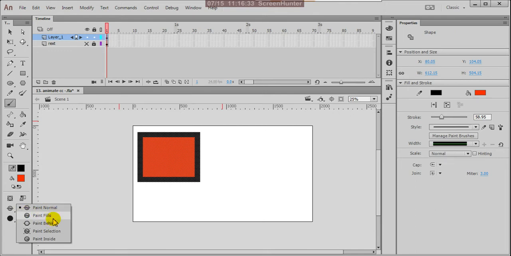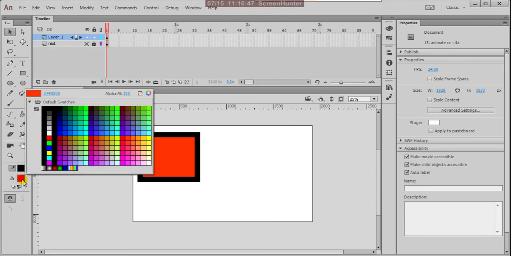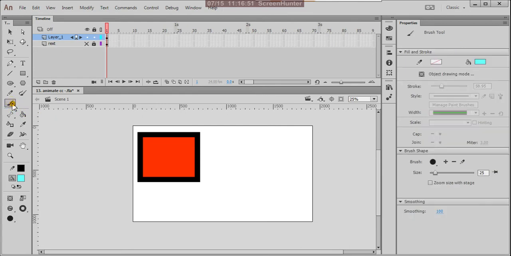Next is paint fills. Click on this, and with this brush tool I change the color to blue and click on this brush. Choose paint fills. See, you are filling colors. That is paint fills.